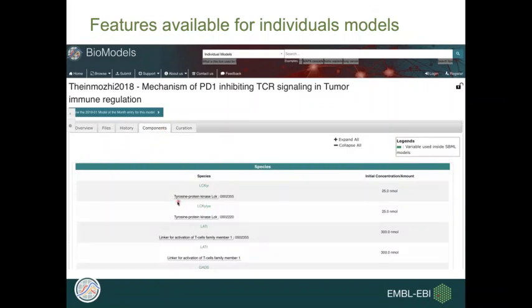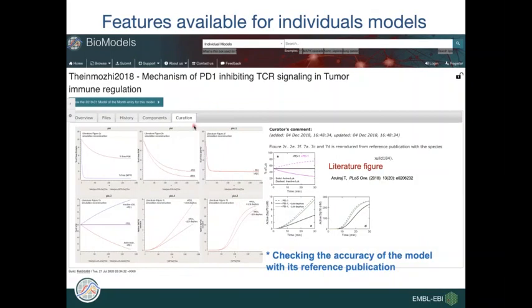You can see that the model has tyrosine protein kinase LCK, and it has LAT T protein and GADS. So you will get all the information related to the proteins involved in the model. That's a quick overview. So the last but important tab which you provide here is the curation tab, where you will